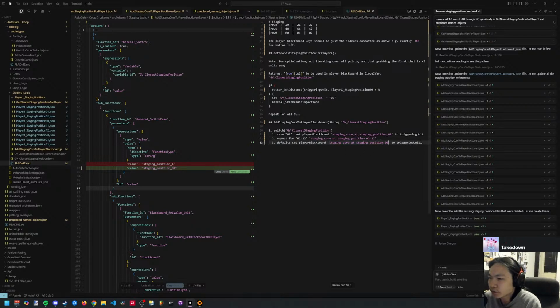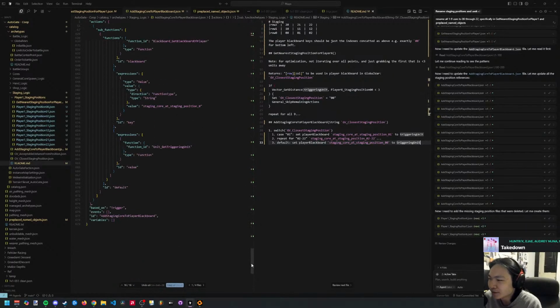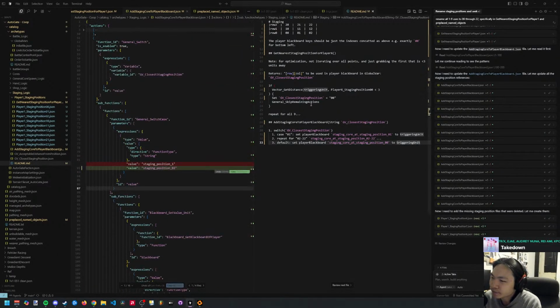Default's the bottom left. I wonder if I even want a default here. That's fine. It would probably be cleaner to do, I already have the default. Yeah, that's what I think going forward for these switch cases. I'm not gonna do the default, or just leave the default blank, unless it really should be defaulting. I can't think of a reason why it should default. Anyways,